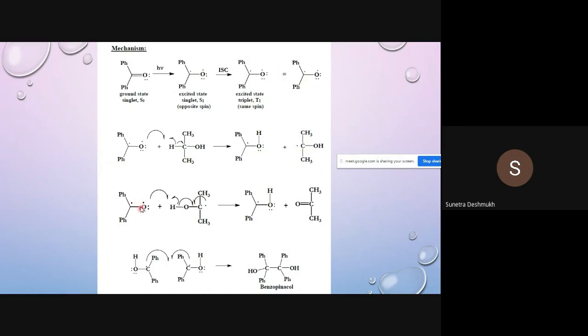Okay, the next molecule of the same kind reacts as well. That means these 2 radicals have been generated, and they are now going to interact with each other to form benzpinacol. Okay, so this is the mechanism for benzophenone to benzpinacol. There are many other possibilities also, that means other products can form. So here acetophenone is also one side product, and this is our benzpinacol.